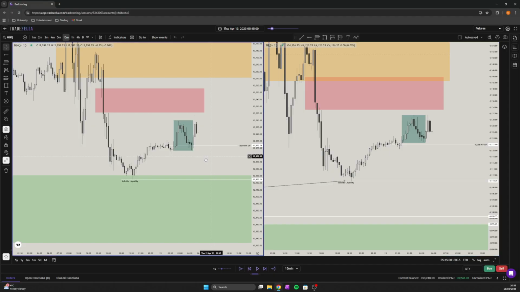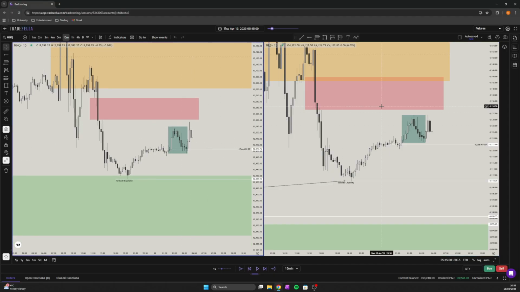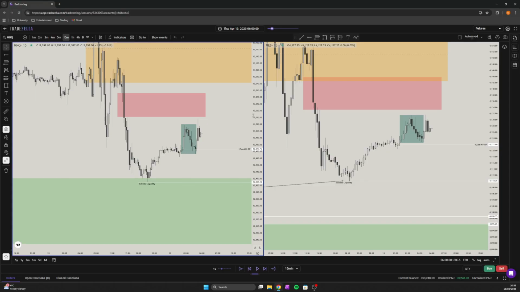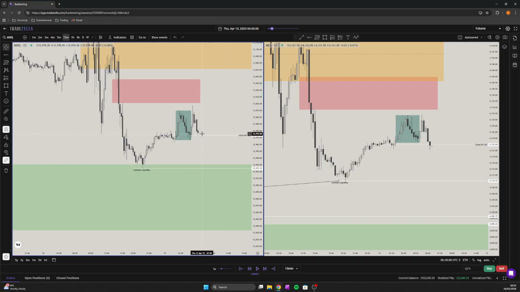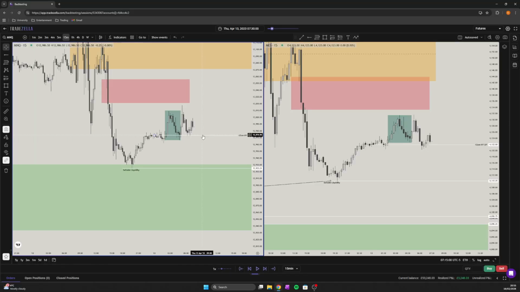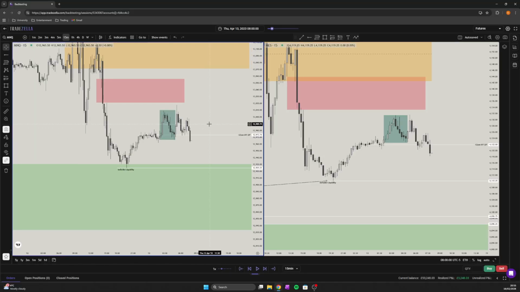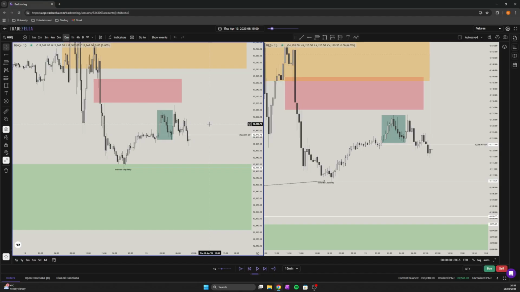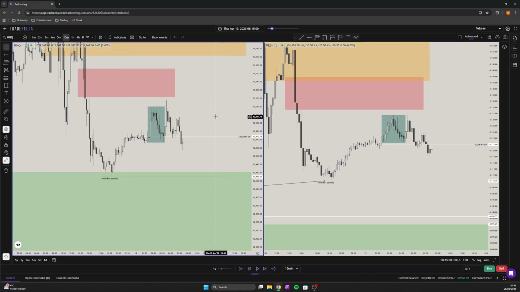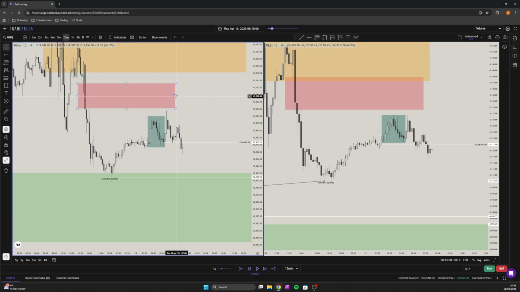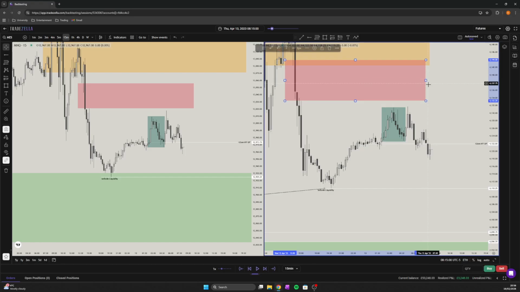So let's just see what it was. So London high gets taken out. Do we get a change in state of delivery? Nope, nothing yet. Looks like we're just consolidating and we're getting very close to the open, right? Ideally, after liquidity gets taken out, yeah, right. That's what we're looking for.